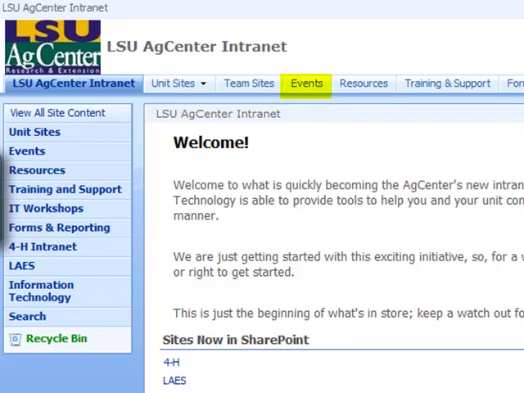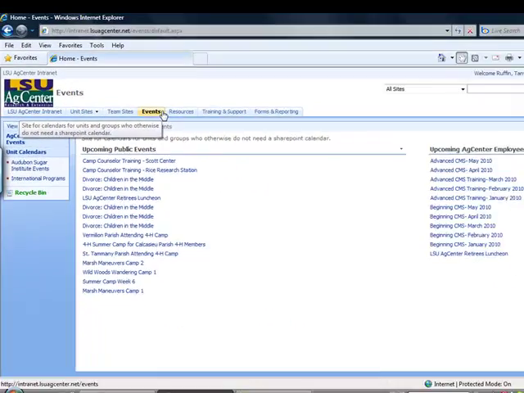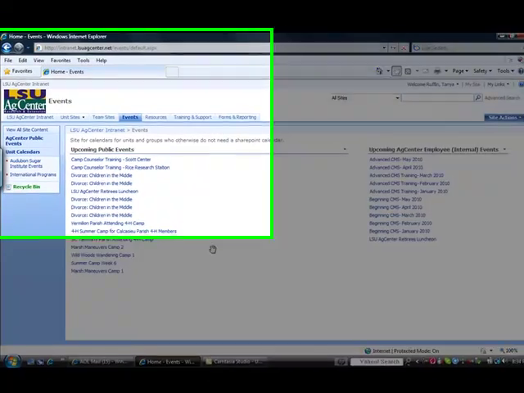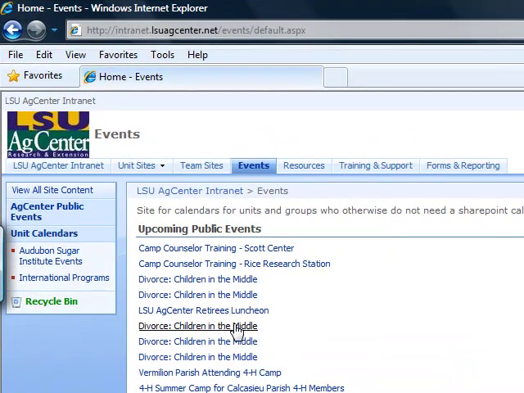Once you're here, you're going to click on the Event tab. Here you see it's divided into two types of events. On the left-hand side here, we see upcoming public events. These events are going to show up on the lsuagcenter.com calendar, the one we just saw on our main agcenter.com